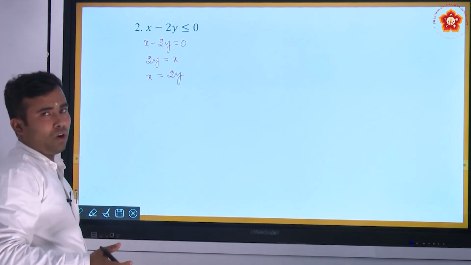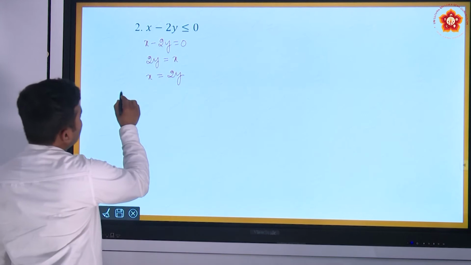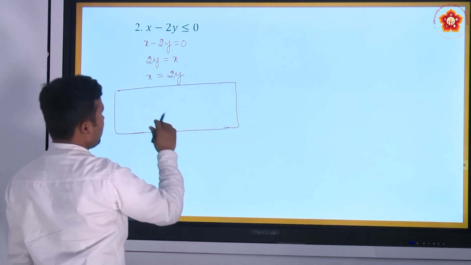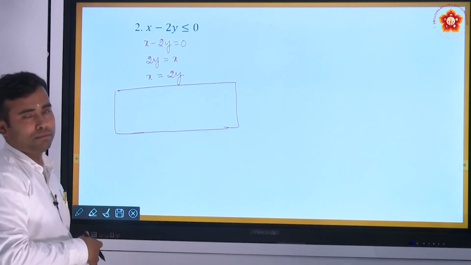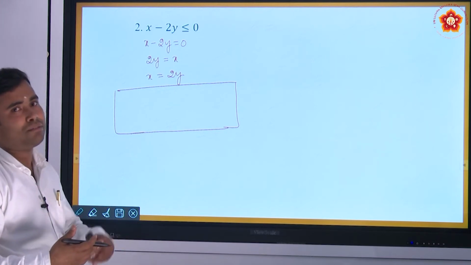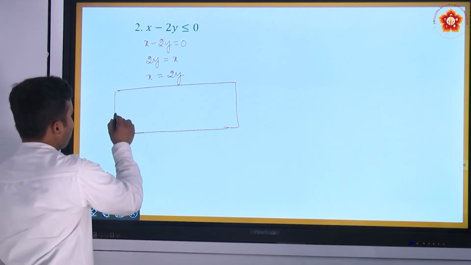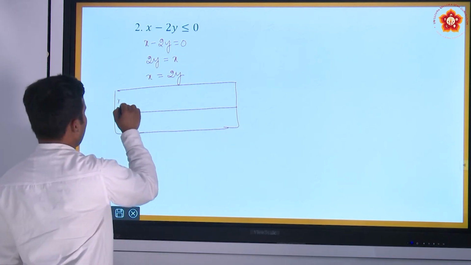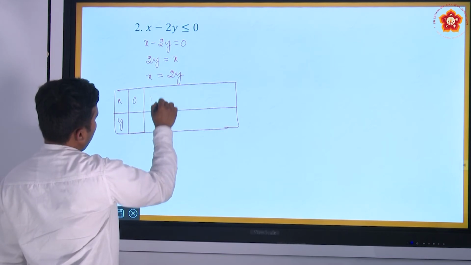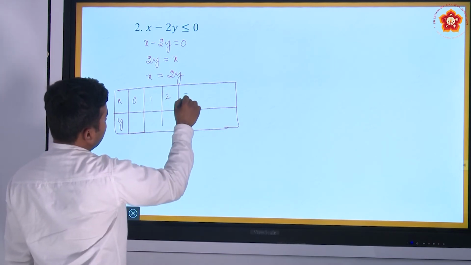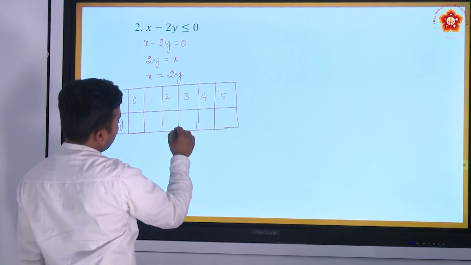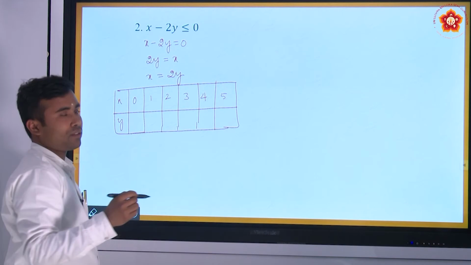Now let us draw the graph for this. For this I am going to take a table here, because I can't do it just as I did in the previous example, because if you put 0, 0 I can't find the ordered pairs, understand. So for that I am going to have this table: x equal to 0, x equal to 1, x equal to 2, x equal to 3, x equal to 4 and x equal to 5, understand. So what about y, the corresponding values of y?